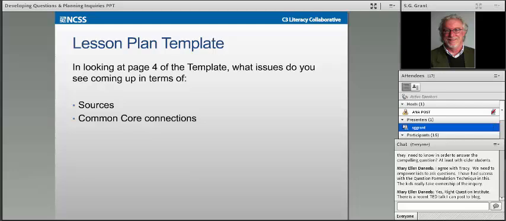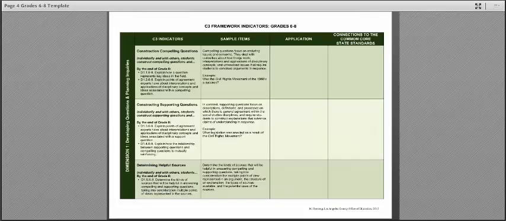All right, so what I'd like to do now is just take you through the last couple of slides that I have, which set up the investigation that you may lead as you're working with your colleagues. If you have seen the lesson plan template, and I see that Anna has brought up one section of it, you'll notice that there's a place for application and there's a place for connections to the Common Core state standards.